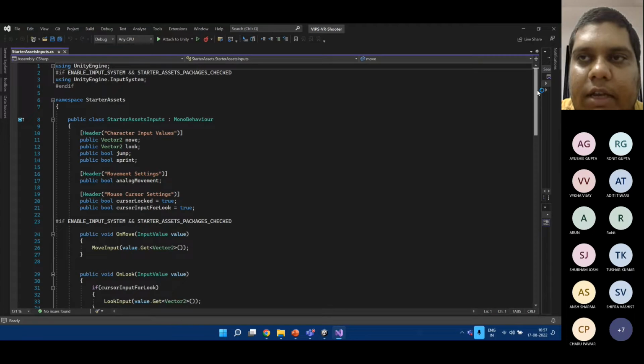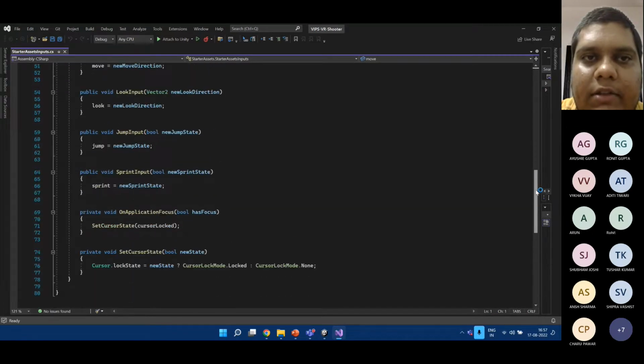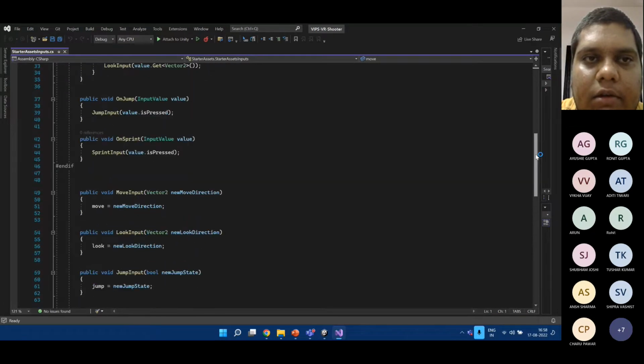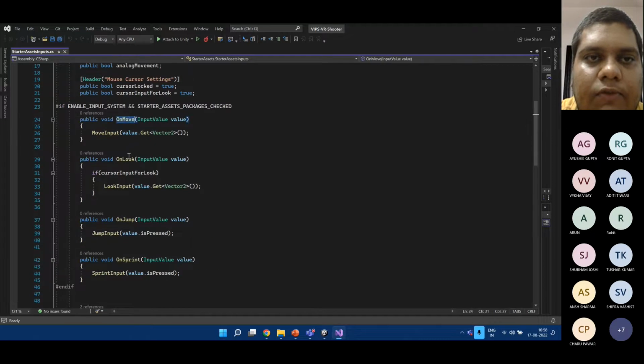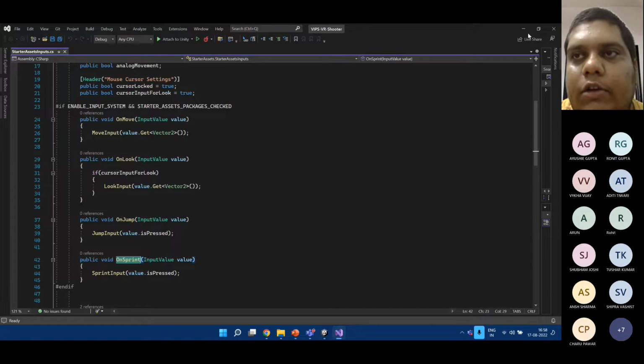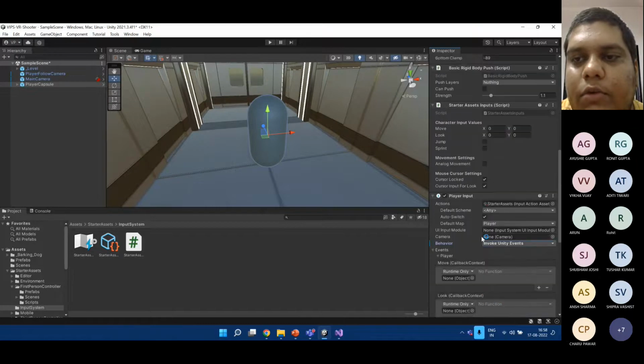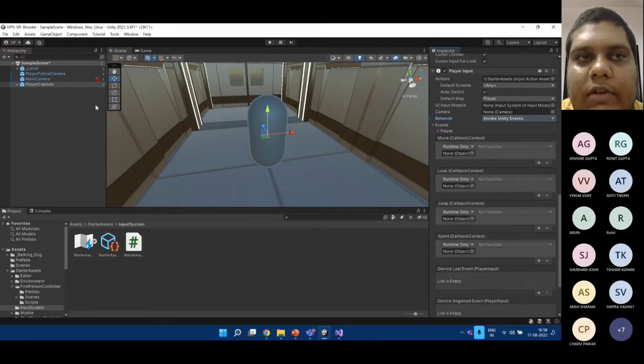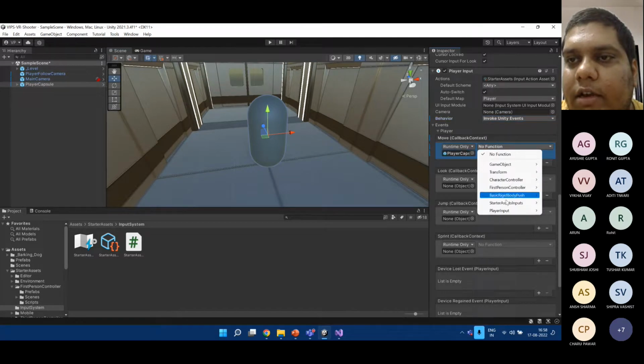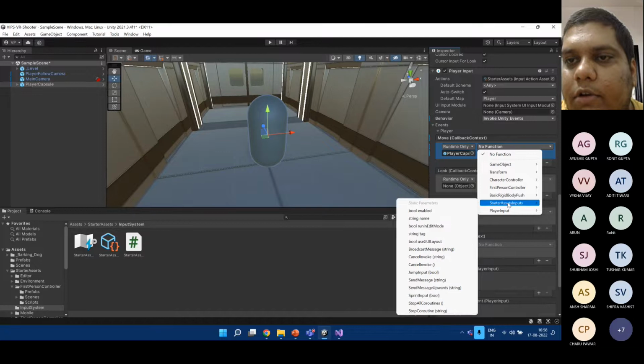So yeah, this is basically where these methods are: on move, on look, on jump, on sprint. So what I can do is, if I want to change this from send messages to invoke Unity events, I can take this only, and in this function I can write player starter assets input, and I can call